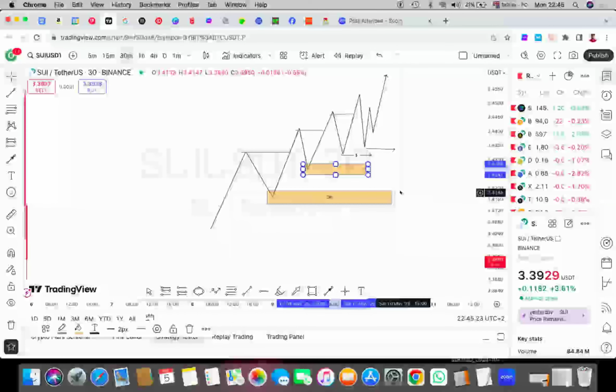Those are the spots we refer to as our liquidity zones, and you can have your liquidity to the downside or at the